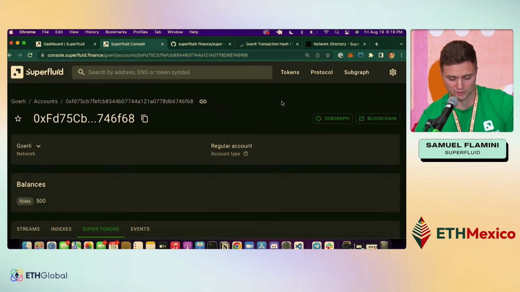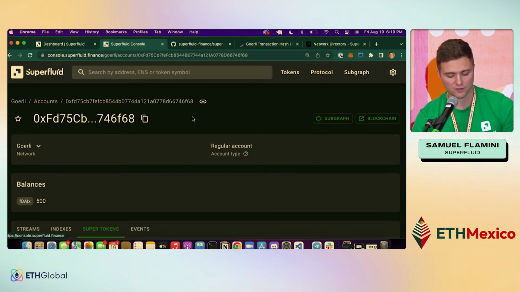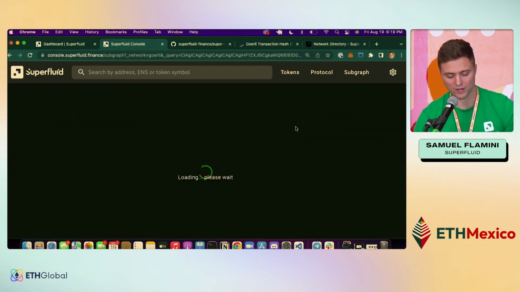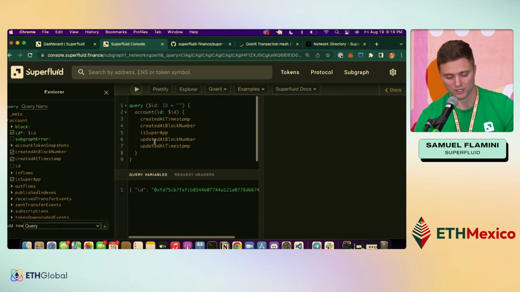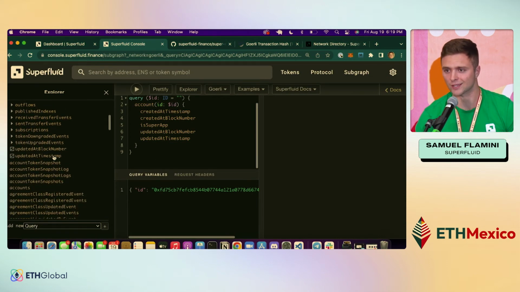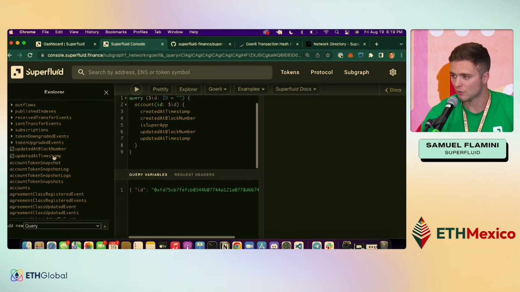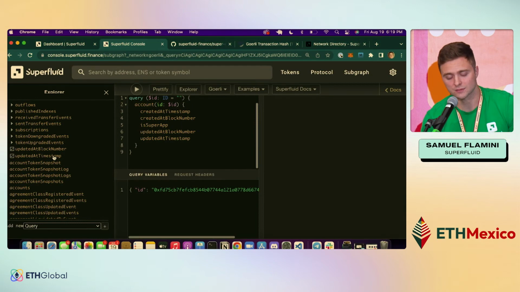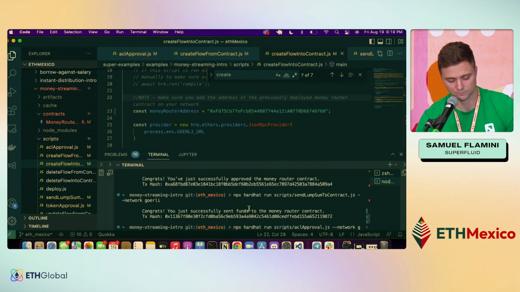Some other features here that might be relevant in terms of checking out protocol-level stuff are the subgraph, right? So what you can do is write custom subgraph queries inline, which is pretty awesome. We use this quite often for looking up internal data ourselves and playing around with the subgraph. People ask us how they can get specific types of data within their applications, and usually the best place to go for this is this subgraph explorer console, right? You can just use this to pretty easily sleuth different data you want to get, look up specific things. You can use events. So I highly recommend using this as a place to get data within your applications.